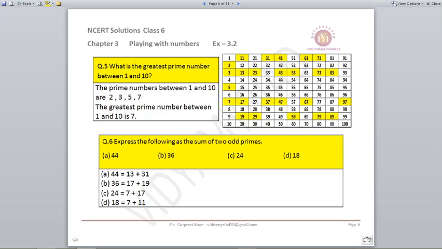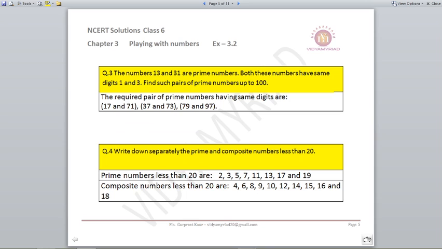Now they also want us to write down the composite numbers. What are composite numbers? Those which are not prime numbers. So the ones which are not in a yellow box, or which are in a white box till 20, we can write: 1, 4, 6, 8, 9, 10, 12, 14, 15, 16, 18 and 20. That can be your answer, but see that the question says it should be less than 20, so you will not include 20. Before that you will stop. So prime numbers end at 19 and composite numbers end at 18.